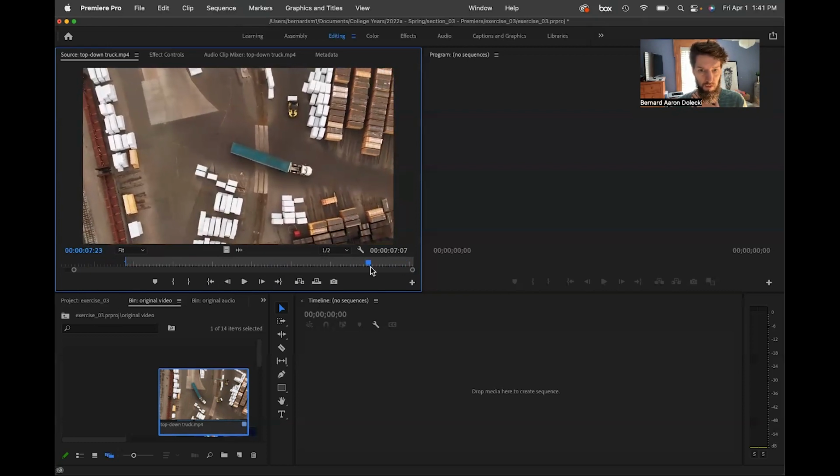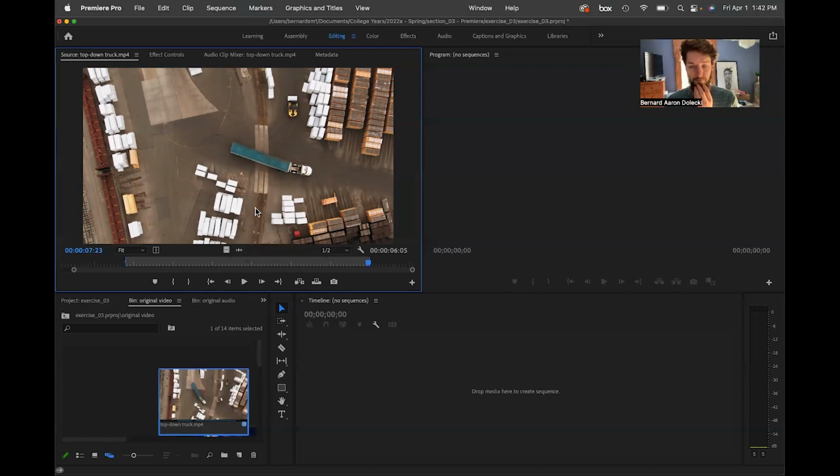And we can hit out. Okay. And once we have that here, we're ready to bring that in to our timeline. But we don't yet have a timeline. However, one quick thing before we get into the timeline thing I want to make note of is